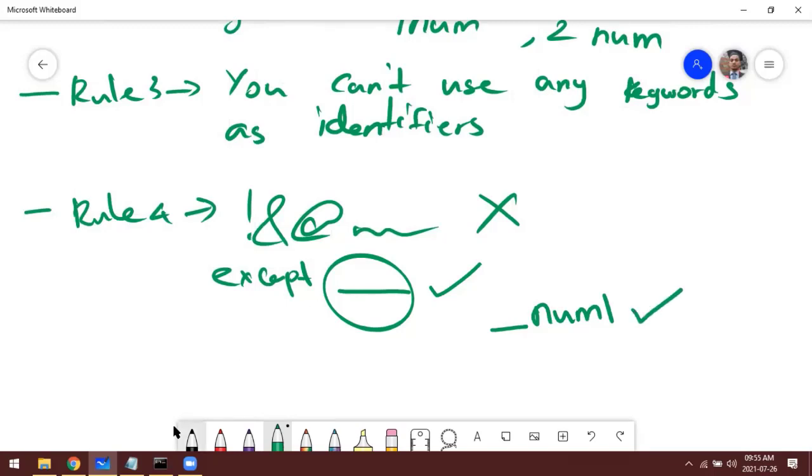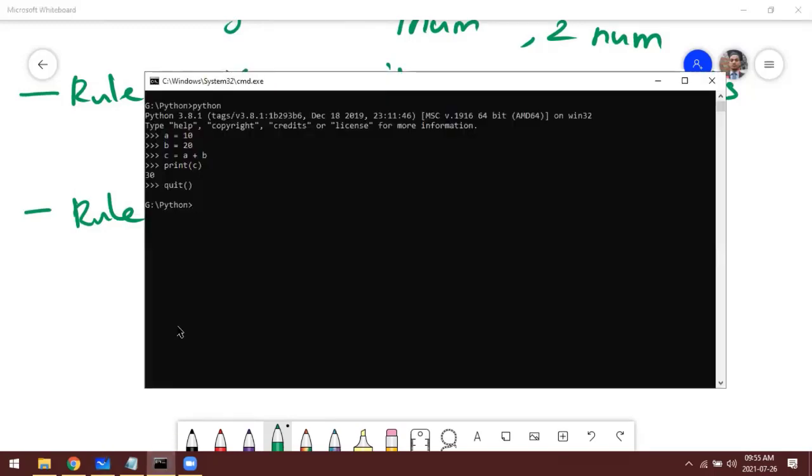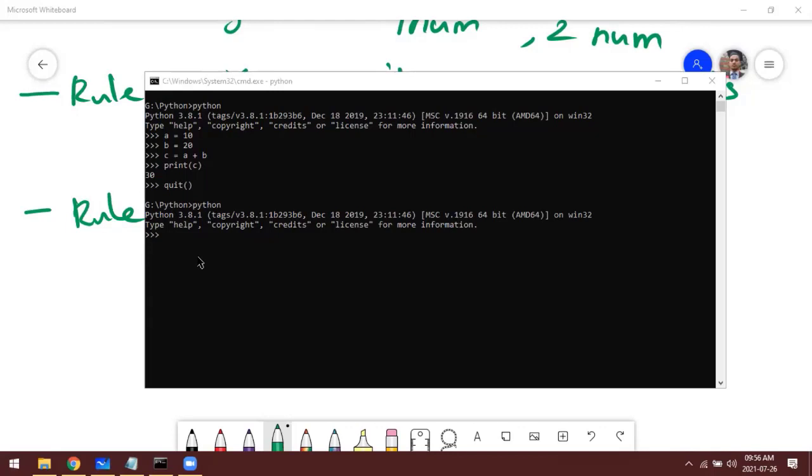Let me show one example. So python. Let's declare a variable starting with underscore. _num1 equal 10. Now I want to print. I want to output _num1.